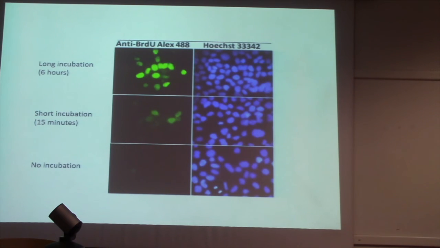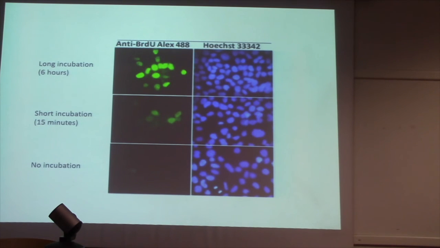But with no incubation time. What does no incubation mean in an experiment? I'm asking you. No UDR? Yes, but we use the antibody, exactly. So, what do we call this? A negative control. Exactly. So this is a negative control, and yet you can see at least one slightly weakly positive nucleus,